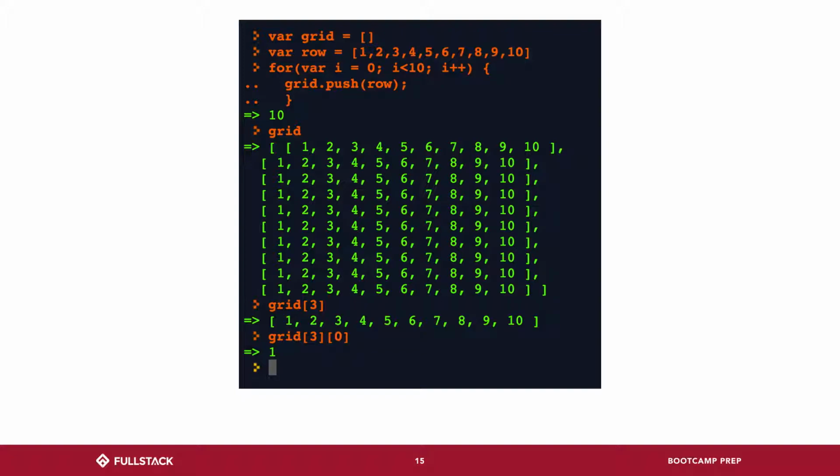On line 1 there, the grid, when we start this off, is just a completely empty array, right? And then we define something called a row, which is another array with 10 elements in it. And so one thing we could definitely do is say, hey, grid index 0 equals row, grid index 1 equals row, like we write it multiple times over and over again, right? Up until we get to grid index 9 equals row,